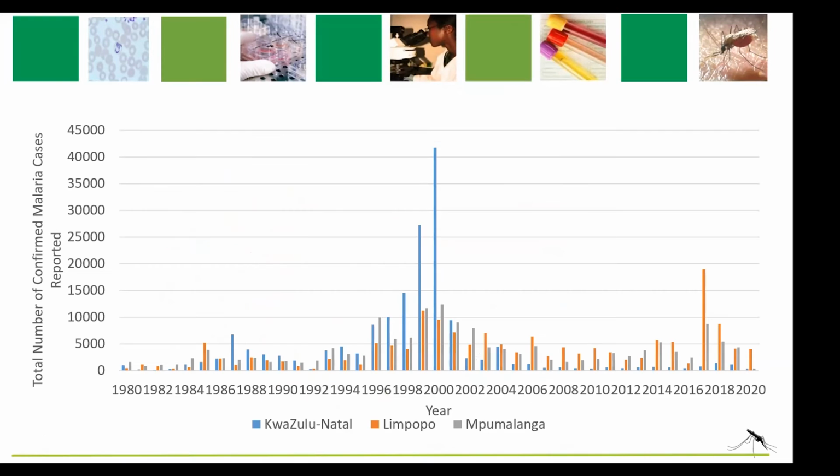And I'm going to give you a snapshot over a 20-year period, so you can see how the burden has varied considerably. Before 2000, the one province, KwaZulu-Natal, which shares a border with Mozambique,